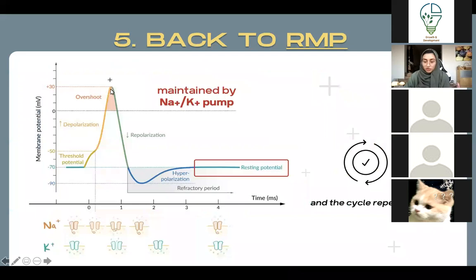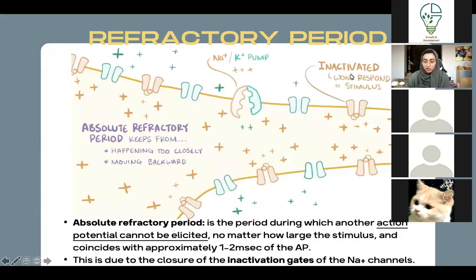Once we get here, the inactivation gates of sodium close. So let's say you have a very strong stimulus and you keep poking your sister on the shoulder. If you happen to stimulate at this time, when the inactivation gate of sodium is closed, no matter how strong the stimulus is, it will never create an action potential. Why? Because the inactivation gate is closing, blocking the sodium from moving in. So no matter what you do, it's not going to